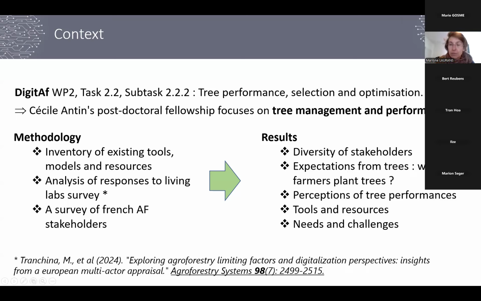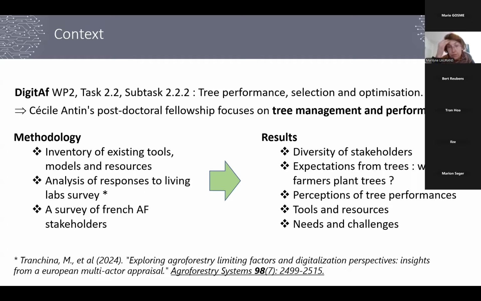So this study followed 3 steps. The first one was an inventory of existing tools, models, and resources. The second was the analysis of survey responses collected from the 5 DigitAF living labs. And the third step was a survey of stakeholders in France. So I will present a synthesis of the results following this plan.